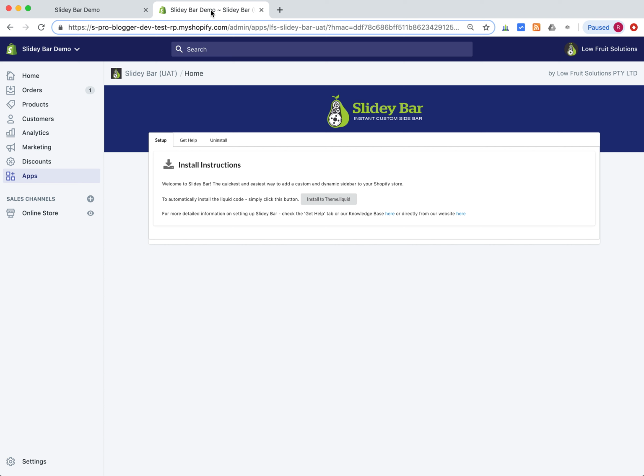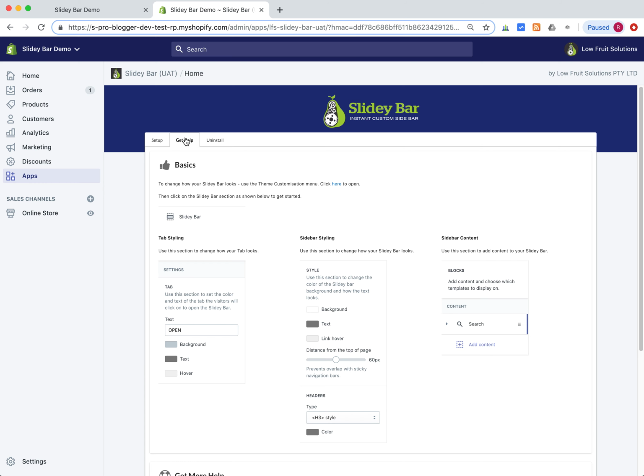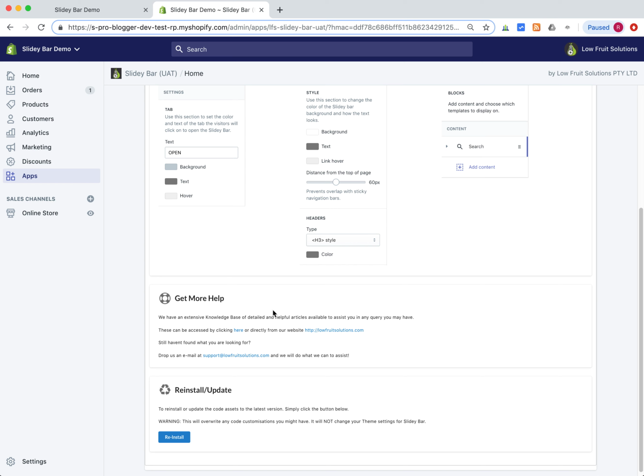So I'm just going to click on the tab here, and here we have the application interface. Very simple and straightforward, as it should be. We have three tabs: Setup, Get Help, and Uninstall. And I'm just going to talk about the other two first. Within the Get Help, we have some basics on how to set up and configure your Slidey Bar. We have the options of how you can get hold of us if you require assistance, and we also have